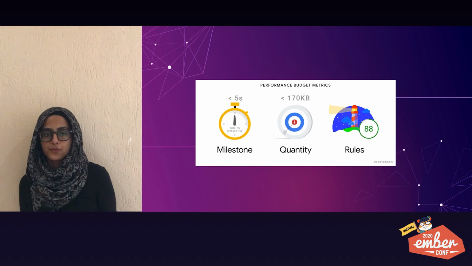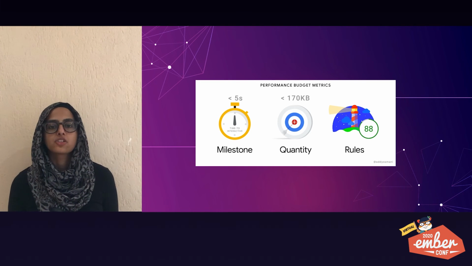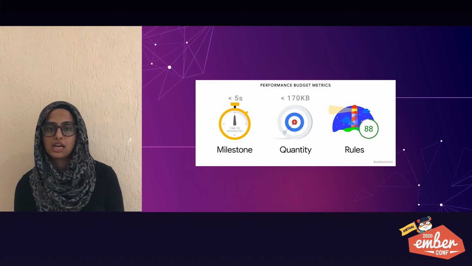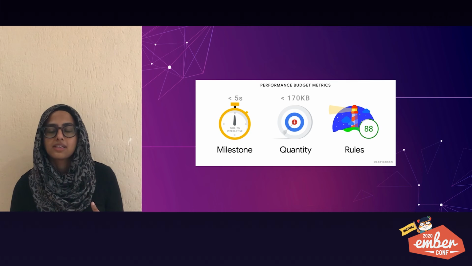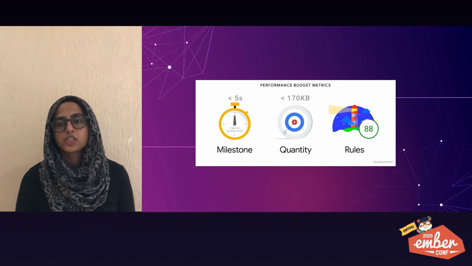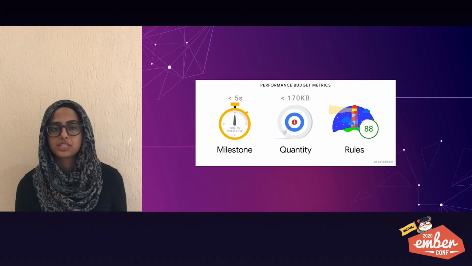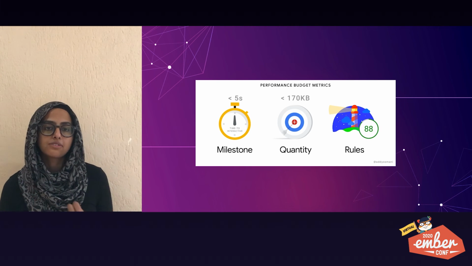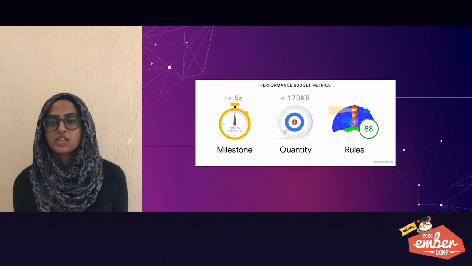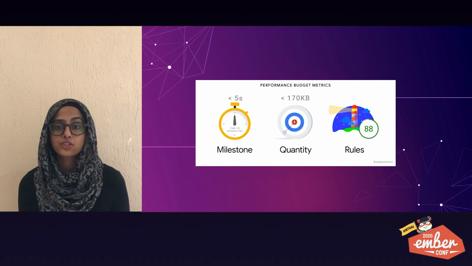So, what is a performance budget? A performance budget is a limit for the pages or components which the team are not allowed to exceed. Addy Osmani, the performance guru, mentions the 3 important metrics that we should use in order to incorporate this budget. The first one is milestone timings, which are based on the user experience when loading a page. So things like time to interactive, first contentful paint.